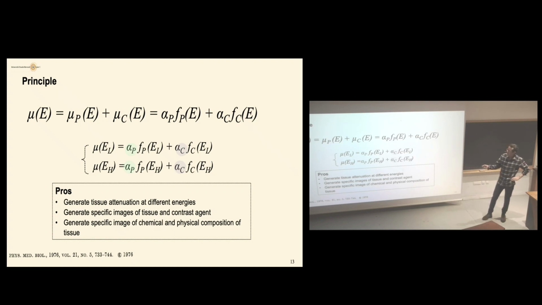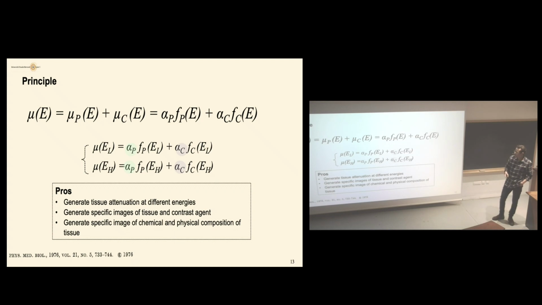On the first row you have the global attenuation at low energy. Usually you use an X-ray tube energy from 40 to 80 keV to get a global attenuation around 50 keV, or it depends on the X-ray source geometry. And you will also have a global attenuation at higher energy, and with this you will end up with your unknowns, which will be the key to generate tissue attenuation at different energies. We're going to talk about virtual monoenergetic imaging.